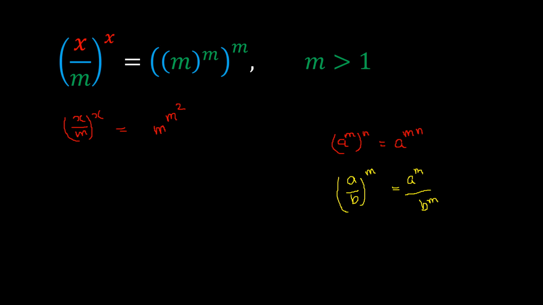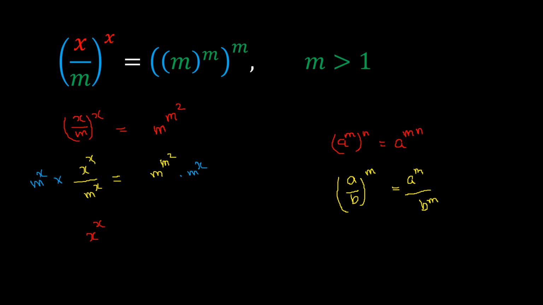By using this rule, we get x raised to power x over m raised to power x equals m raised to power m squared. Now we multiply on both sides by m raised to power x, and we get x raised to power x